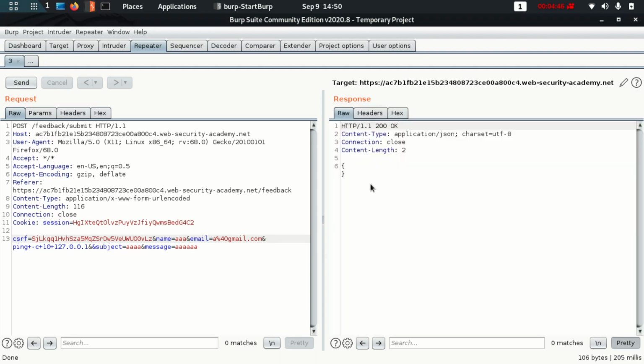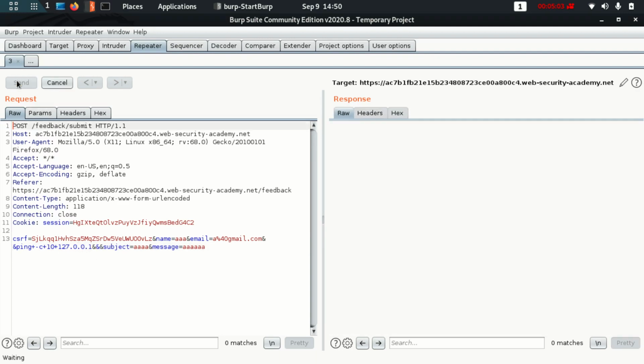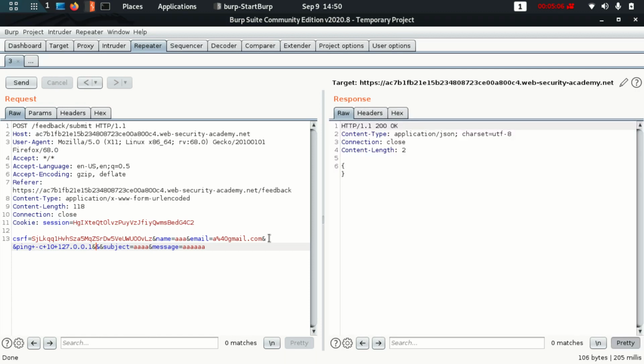There's nothing great which I got. See, no result, and it came instantly, proving that this malicious ping command did not run. So now rather than and, let's try double and, maybe that will work. This is quite a hit and trial, it's not like something has to work. If you see my previous video, which I'll provide in the description below, we'll see why this and is not working. Sometimes everything doesn't work.